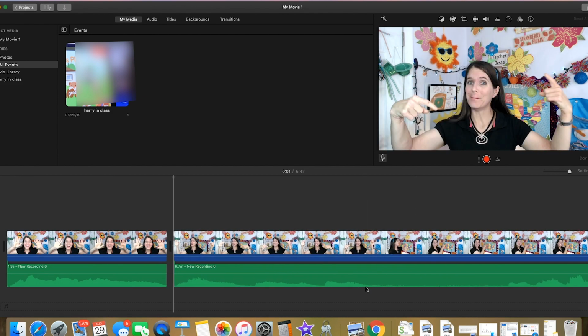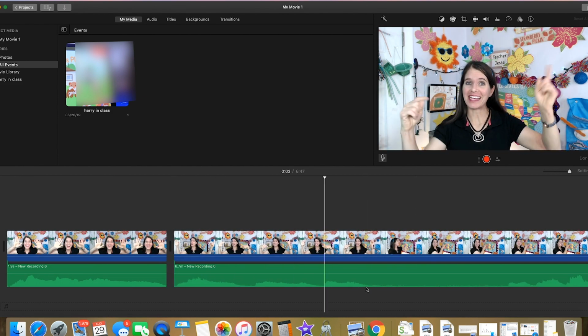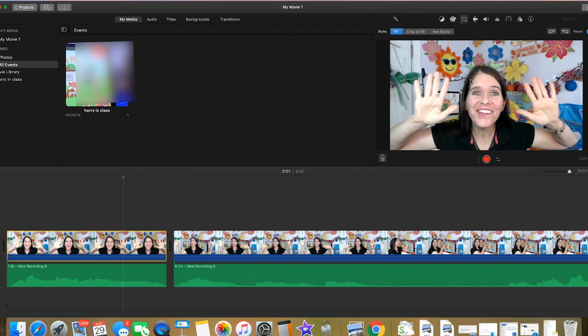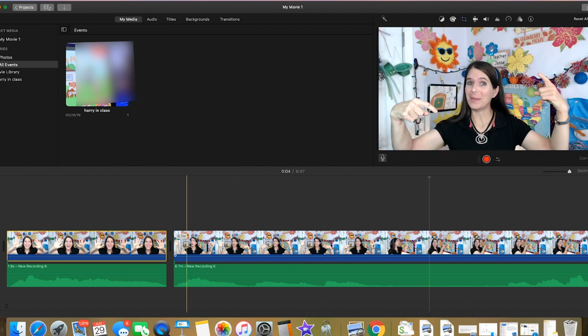So after I've already matched that up, the second thing that I'm going to be doing is just slicing and dicing all of the ums, the ands, the blank spots, and try to condense it as close to 1 minute as possible. But actually, before I get into that, I'm going to crop my movie because my screen, whenever I'm